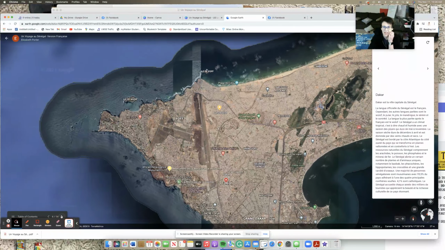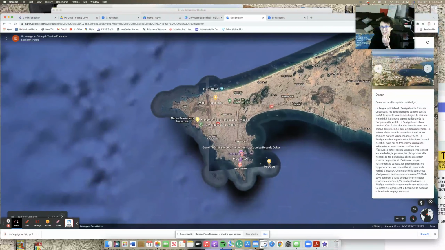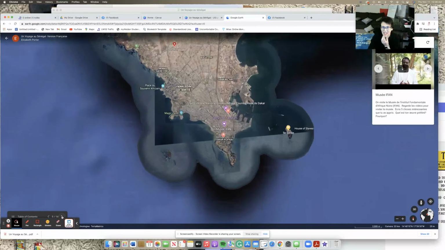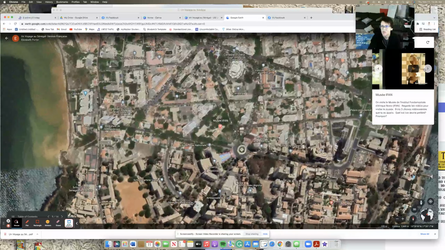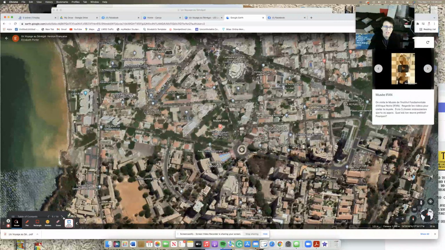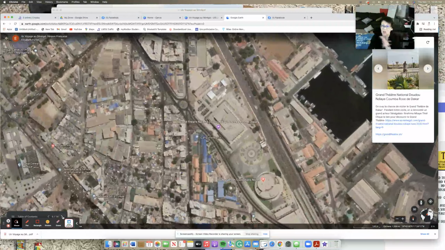So as you can see, I have the whole itinerary here. It talks about Dakar in general, all the things that we did. We went to the Musée IFAN, which is, I put some videos in here from YouTube because I didn't actually make it there this time around. And so this is a great way that your students